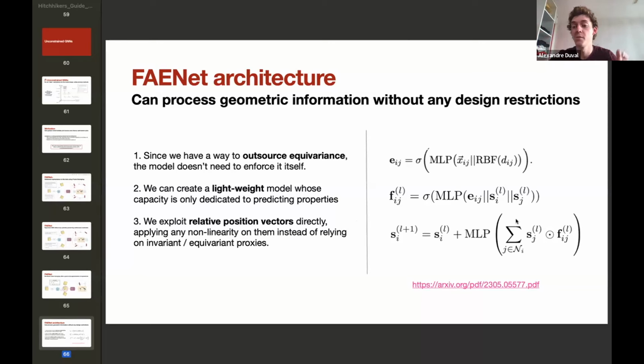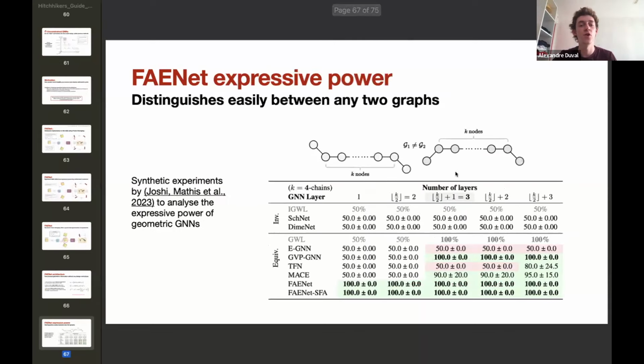And you can have a simple convolution to update the representation of an atom I between the representation of the neighbor and a filter that is learned based on this MLP of the directional information. And I think that is the strength of this kind of methods: you can have a very simple, very fast, and very expressive model, provided that you dealt with the symmetries beforehand. And Chaitanya and Simon proposed a very nice paper